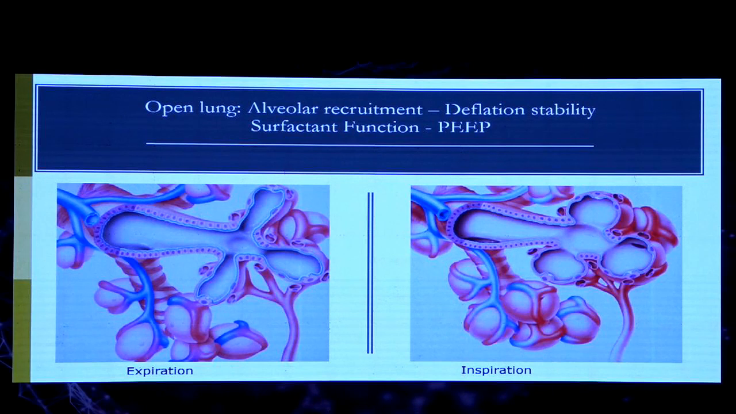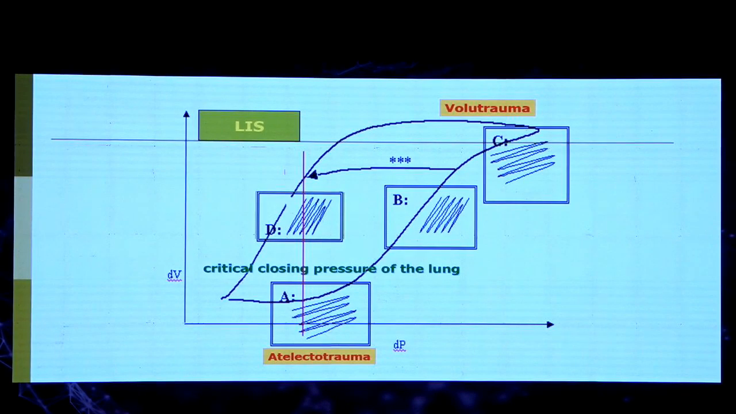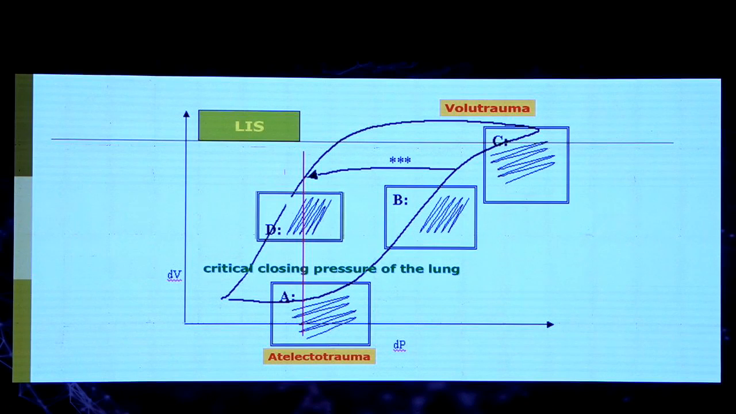In an open lung alveolar recruitment, we aim to achieve deflation stability, keeping the air sacs open during expiration. So again, the mechanisms of lung injury: one is volumetrauma, when we overstretch the lung to its total lung capacity. And on the pressure-volume curve, you can see this peaking here. Because as you can see here, even at lower pressures, there's no change in volume because the lung is already